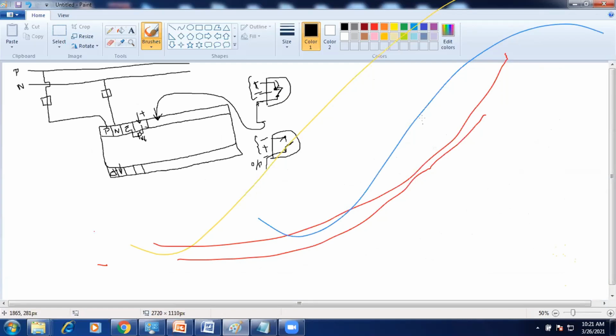So here I am considering one relay. We have three parts: normally open, normally closed, and common. This pin is the common pin. By default, the common pin will be connected to normally closed. This is common, this is normally open.